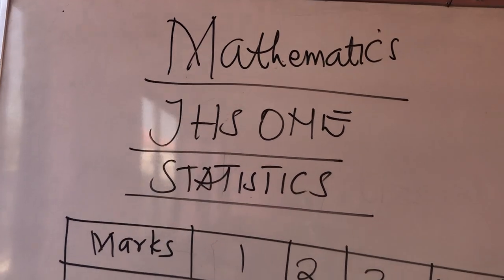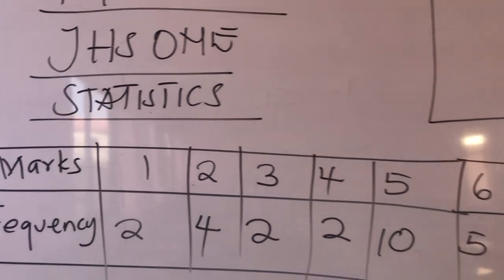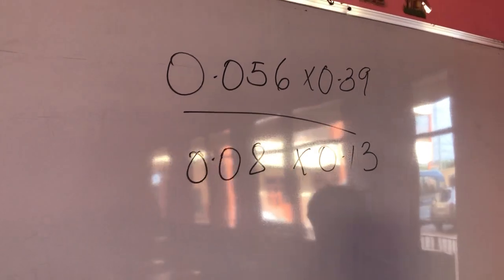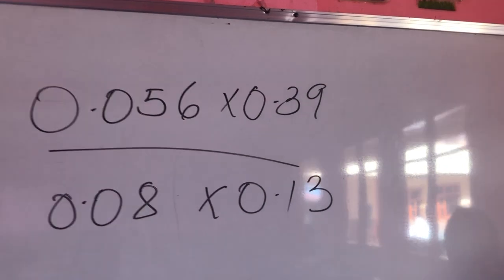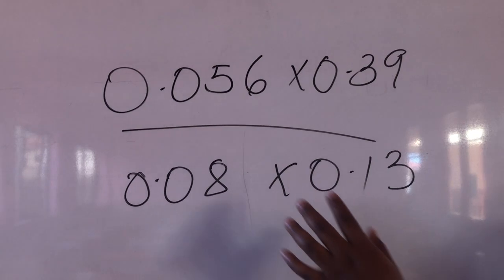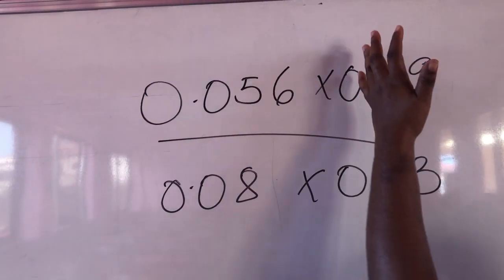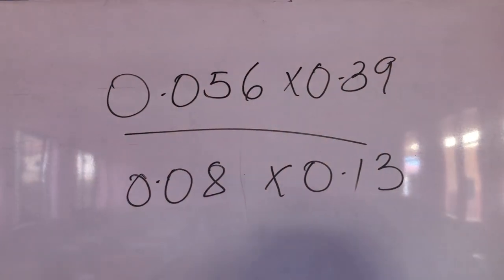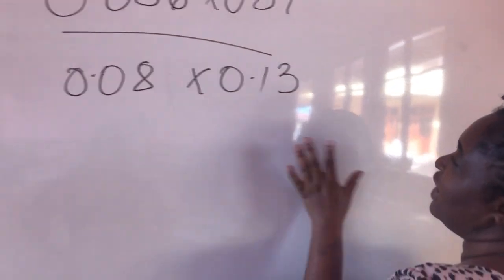But before we deal with that question, we are going to go back to look at this question on standard form. Last week I dealt with this question, but I realized that with the assignment you did for me, you are still making some mistakes at the final part. We thank God that now you are able to put this in the powers form. You know that from here to here is negative, so it will be to the power of a negative number. But what I noticed was that all the questions that I gave you, you were having